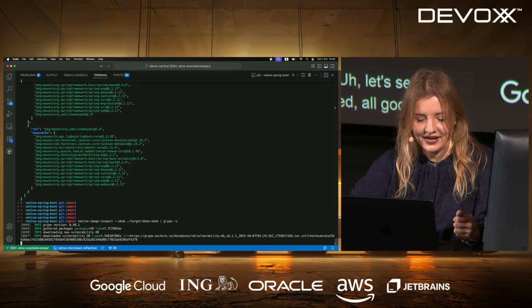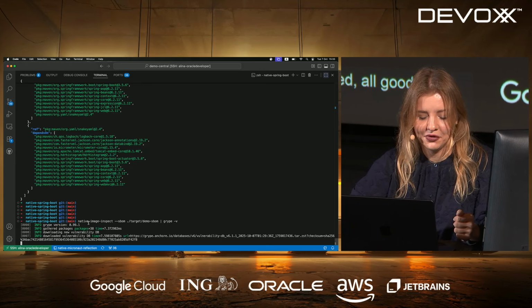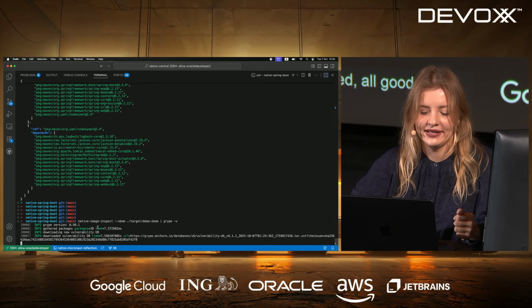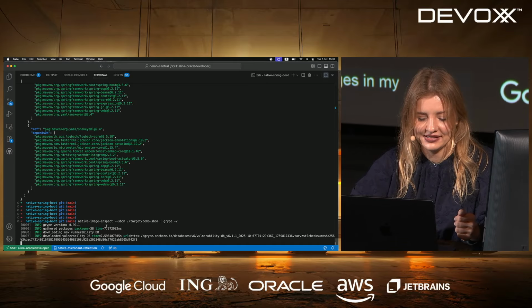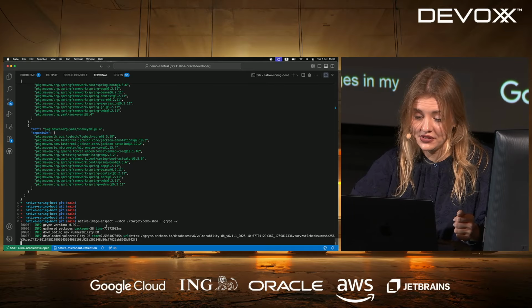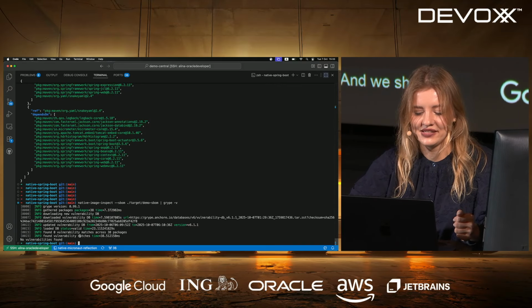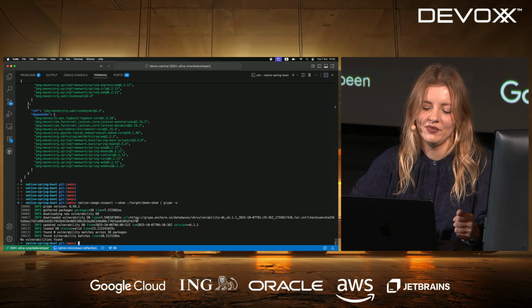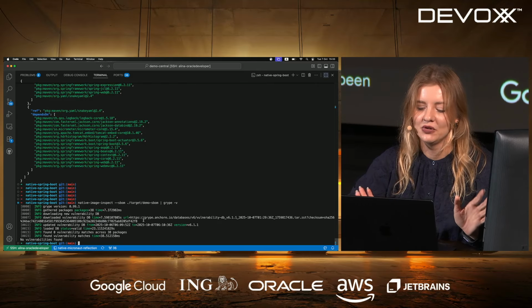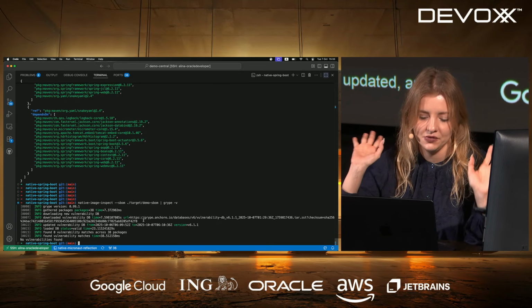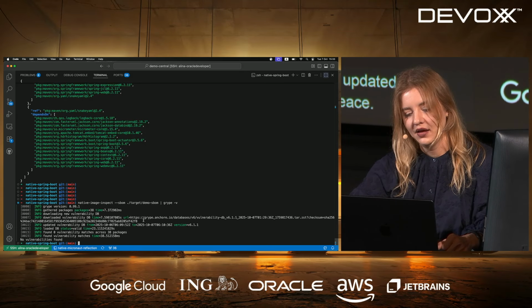So now it's scanning. It says that it gathered info on 38 packages in my application. That's indeed how many packages that I have. And we should see, if our Wi-Fi permits, yes, that our application has been successfully scanned, our vulnerability database has been updated, and there are no vulnerabilities in our app. So we can have peace. But